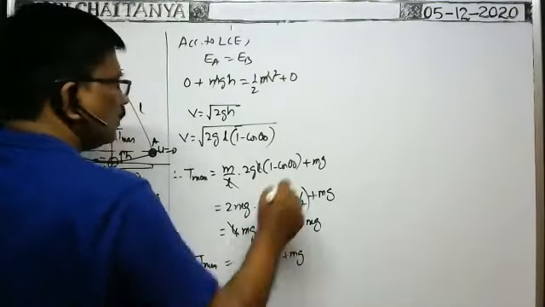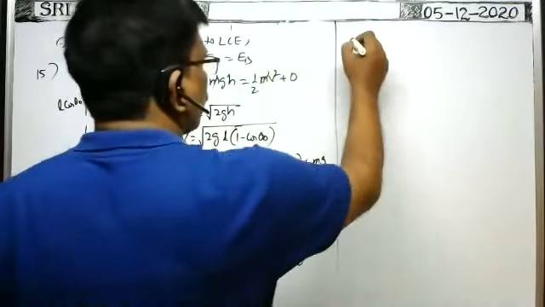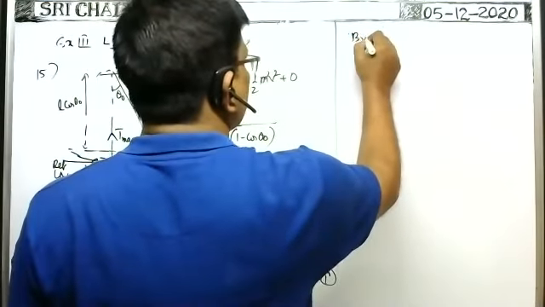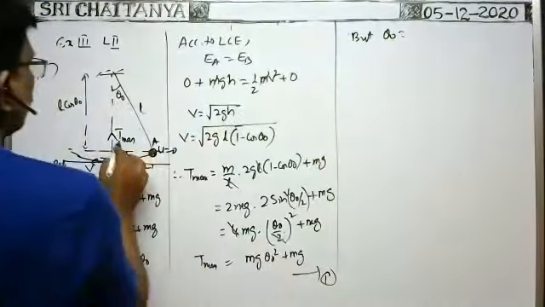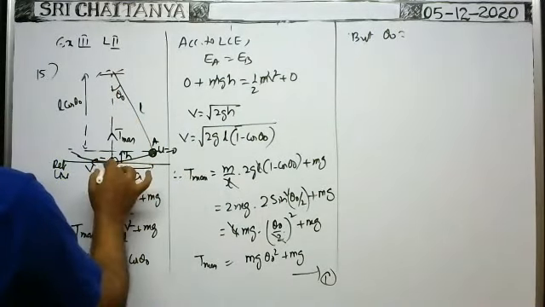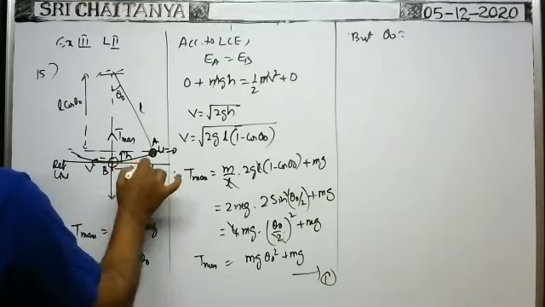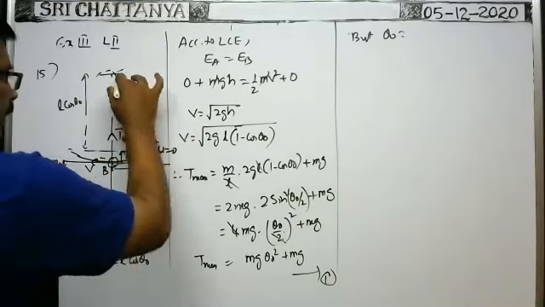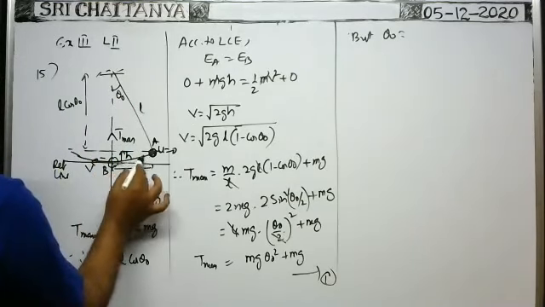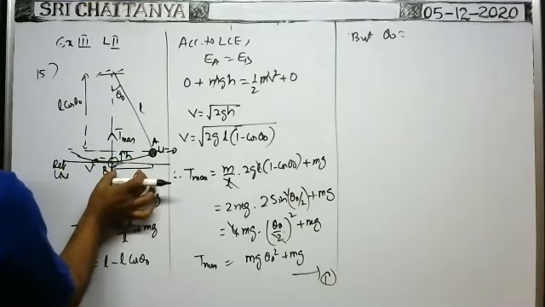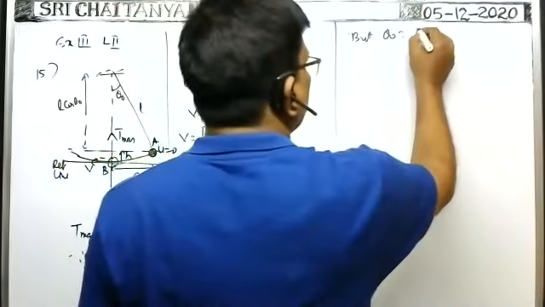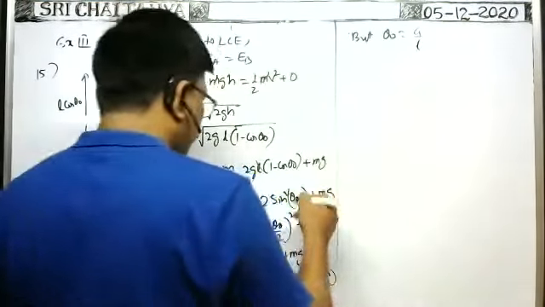Tmax is equal to this. Okay, this is equation 1. But as the maximum amplitude is given, theta naught is equal to amplitude A, or the maximum length of the arc A by radius. Arc by radius, that means A by L. Because whenever theta naught is very small, it is almost a straight line. This length is almost equal to A. That's why theta naught is equal to arc by radius, that means A by L. Now we substitute this value here.